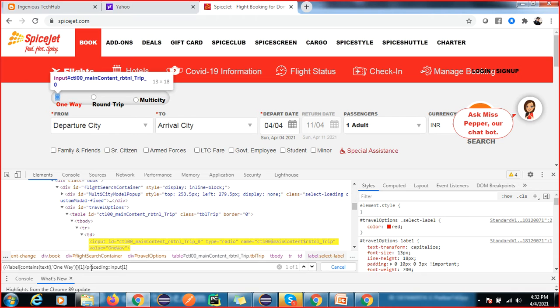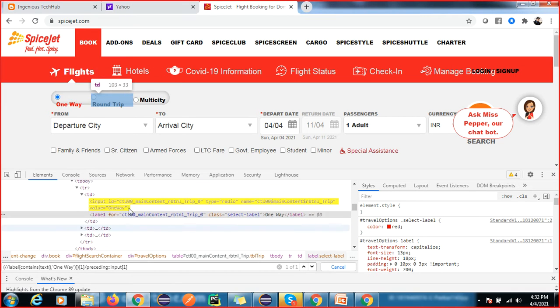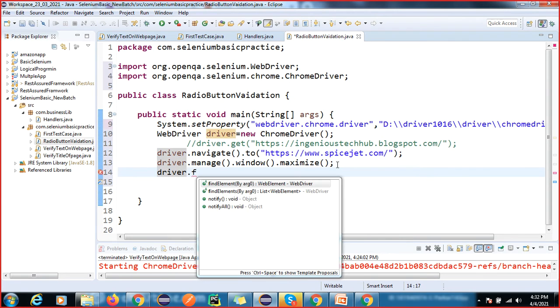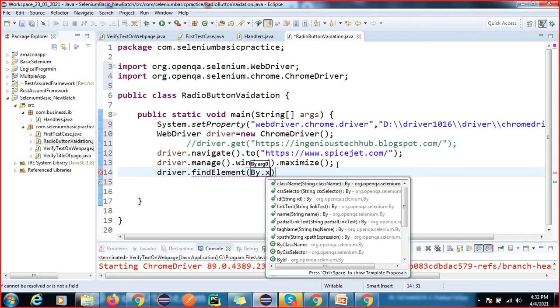Now I am able to find it, right? So why did I not use this? Because you can see it has a number here. Maybe if we refresh this it will work, but this is the proper XPath. Or let me check: if it does not work, then we have to write another XPath, or you can use that same static one. So, find element by XPath.